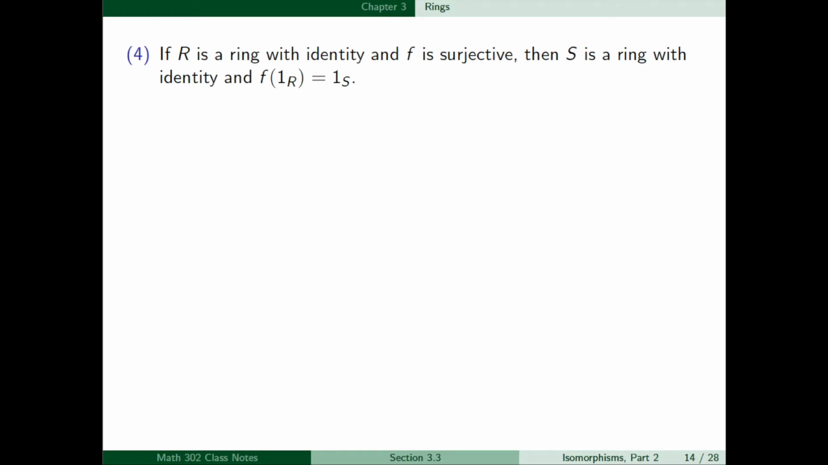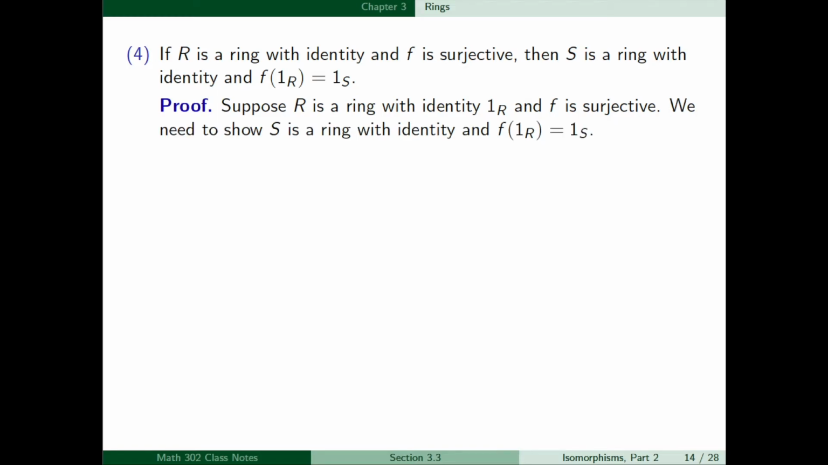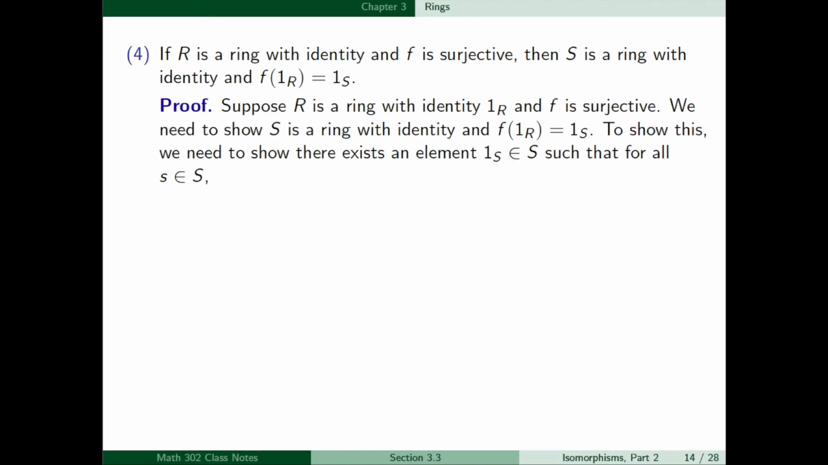So for 4, we want to show that if R is a ring with identity and f is surjective, then S is a ring with identity and f of 1 sub R is equal to 1 sub S. So we'll suppose R is a ring with identity 1 sub R and f is surjective. We need to show that S is a ring with identity and f of 1 sub R is equal to 1 sub S. To show this, we need to show that there exists an element 1 sub S in S such that for all s in S,